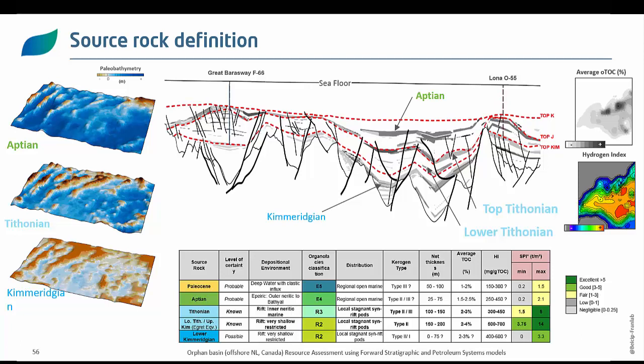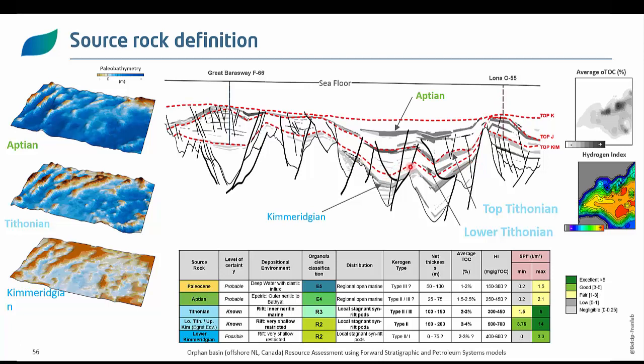Source rock definition. Based on all the available data and the stratigraphic model that Paul has performed, we recognize several source rock levels. You have here the result of the source rock in the section view, and also on the side the paleogeographic maps associated with these deposits that give you a sense of the distribution of potential source rock. Few things. Two proven Tithonian source rocks. The lower one is the lateral equivalent of the A-grade formation of the Jeanne Basin, because it shares the same kinetics.